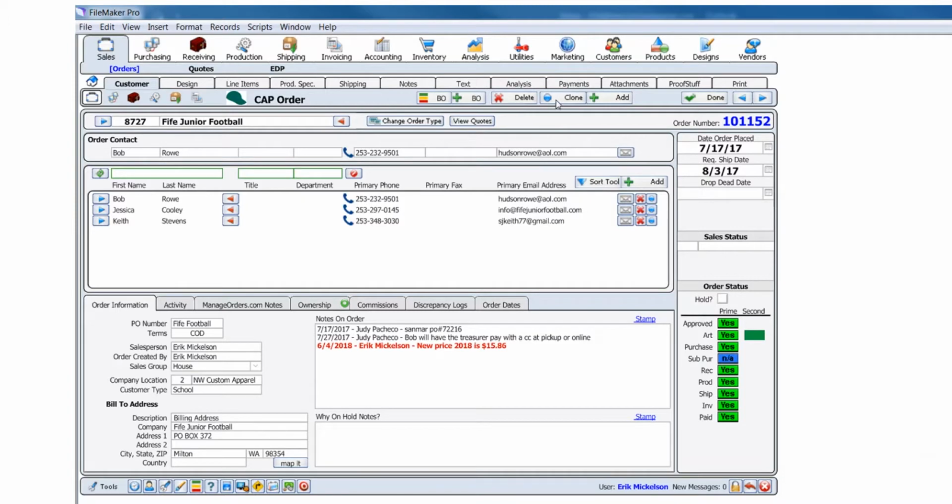So we have a button up here, it's called the clone button. We're going to hit clone, but the thing that's really important is you have to delete the old notes on the order. Otherwise, we might be redoing a note that we did a year ago and things get mixed up. So I'll show you how to delete these. So the clone button,